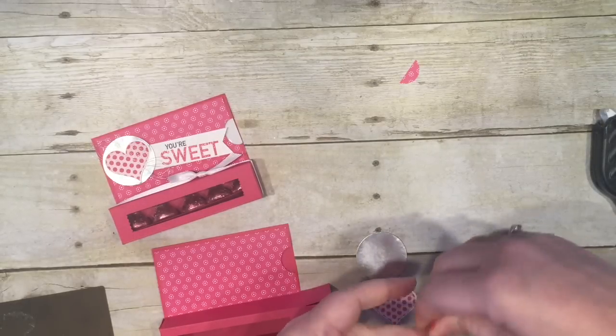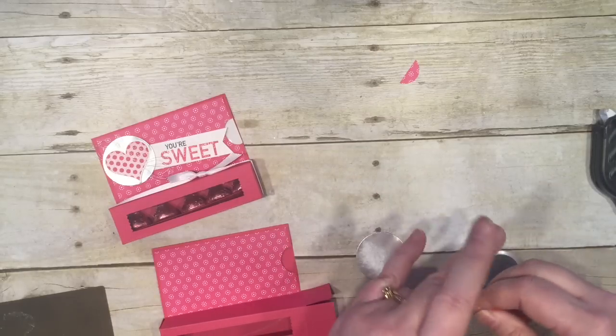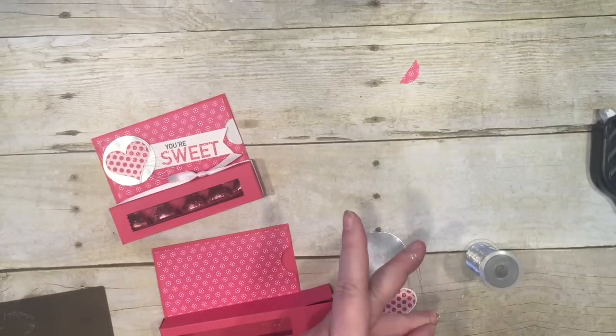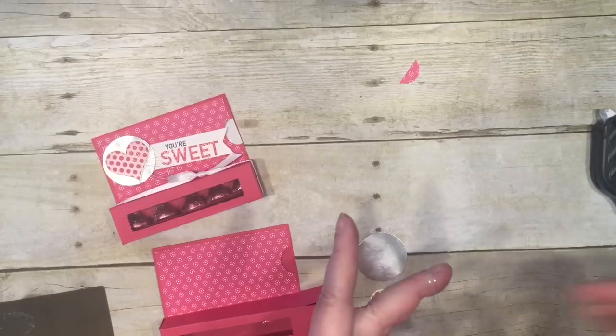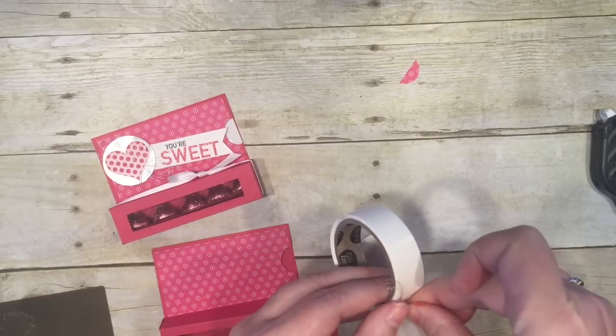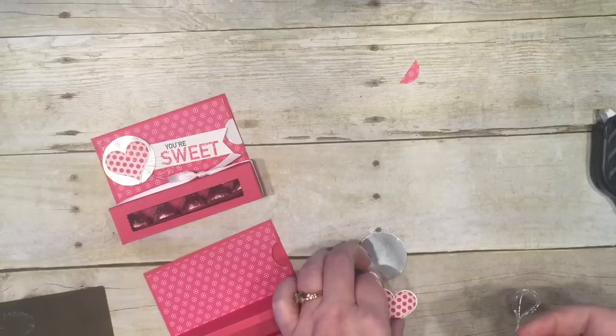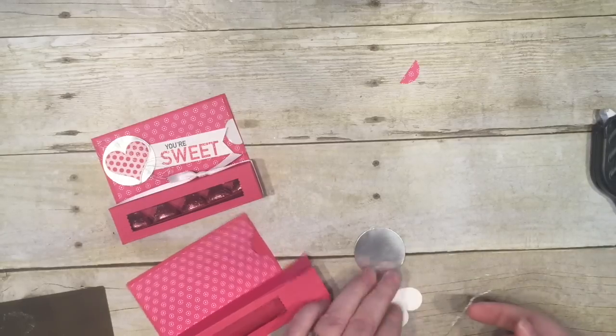This is a silver metallic thread, and here's another little trick for you. I just wrap this around 4 times here. Snip that off. And then I grab it in the middle. And then I'm going to use a glue dot. And I'm going to tame it down so that then it's a lot easier for me to work with it. So if I put that right on the back here of the heart,